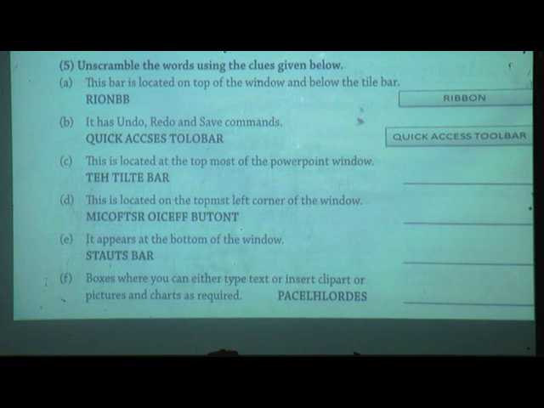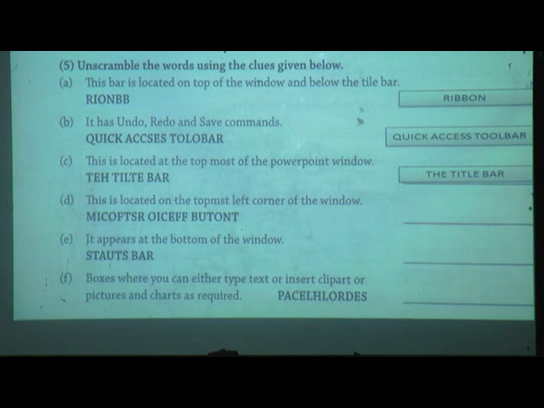Then what is it? Good, the title bar. But what is the correct spelling of the title bar? THE, the, TITLE, title, BAR, bar, the title bar.